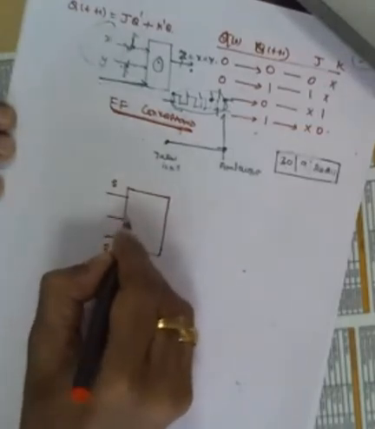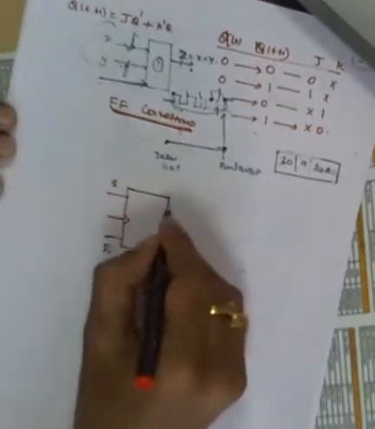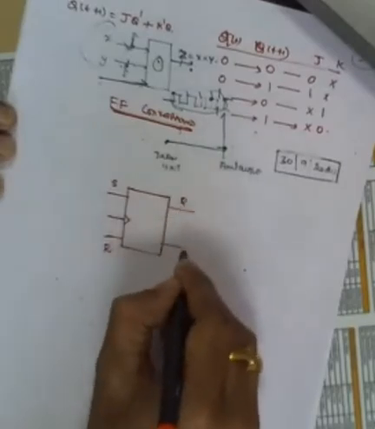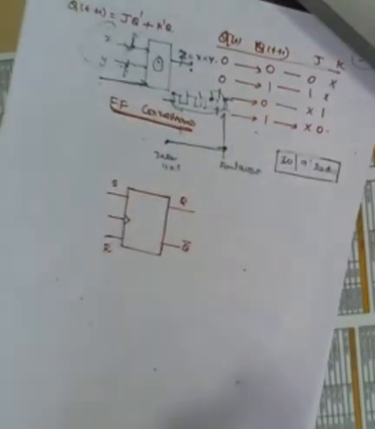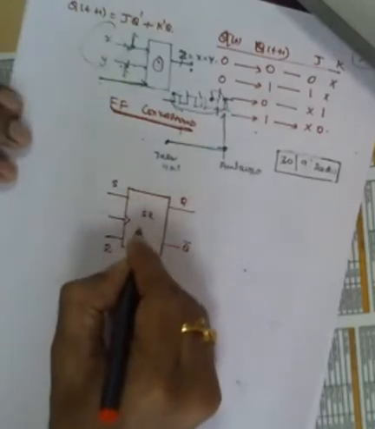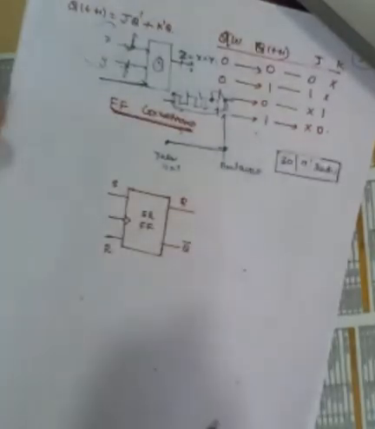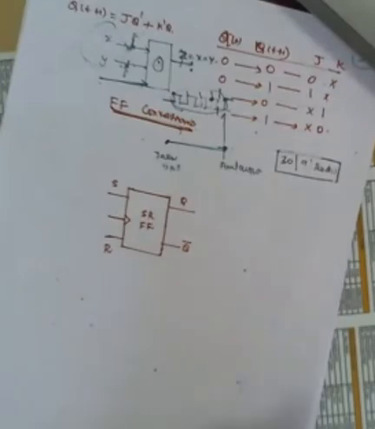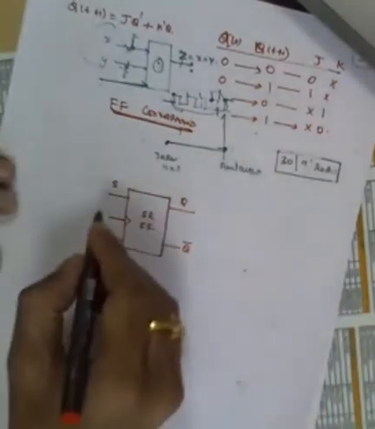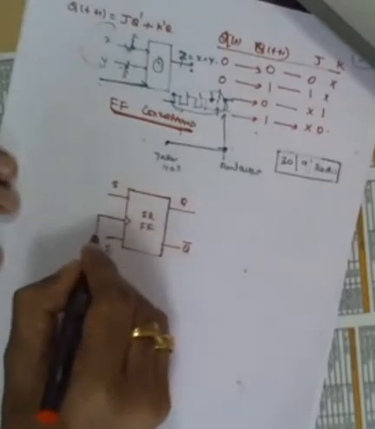This is the clock, we know. This is the Q, this is the Q bar, right? This is basically an SR flip-flop, right? Not a latch, we already crossed the latch, we are in flip-flops now, right? So this is our main clock. Maybe it will come from somewhere outside.